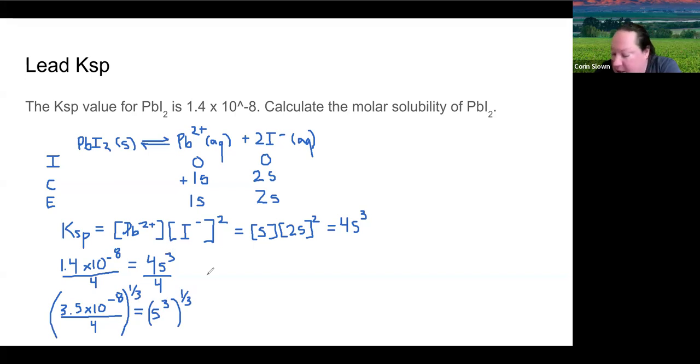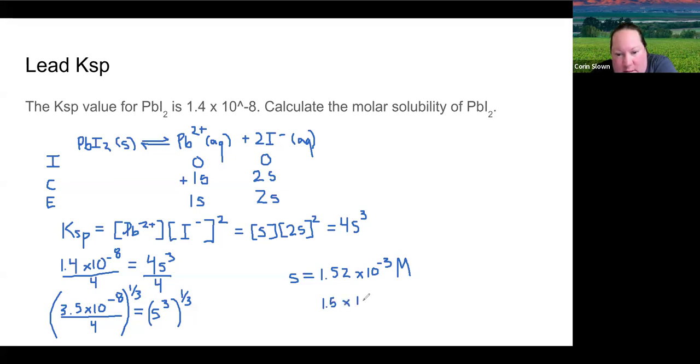The last thing that we do then is solve for our s, which in this case is 1.52 times 10 to the negative 3. And this is molar solubility, so it's always going to be in capital M or moles per liter. Now let's think about this in terms of our sig figs. The information that we're given was 2 sig figs. Right now our answer is 3, so we're going to make that just 1.5